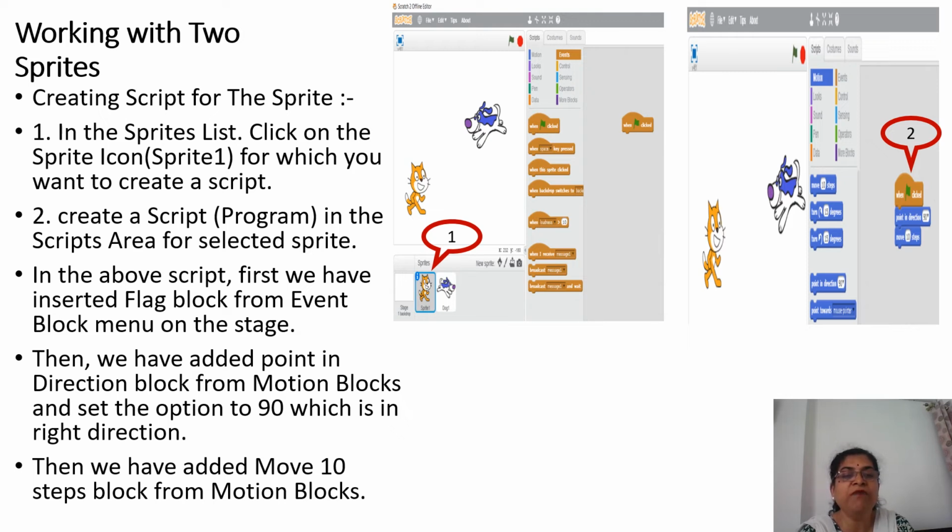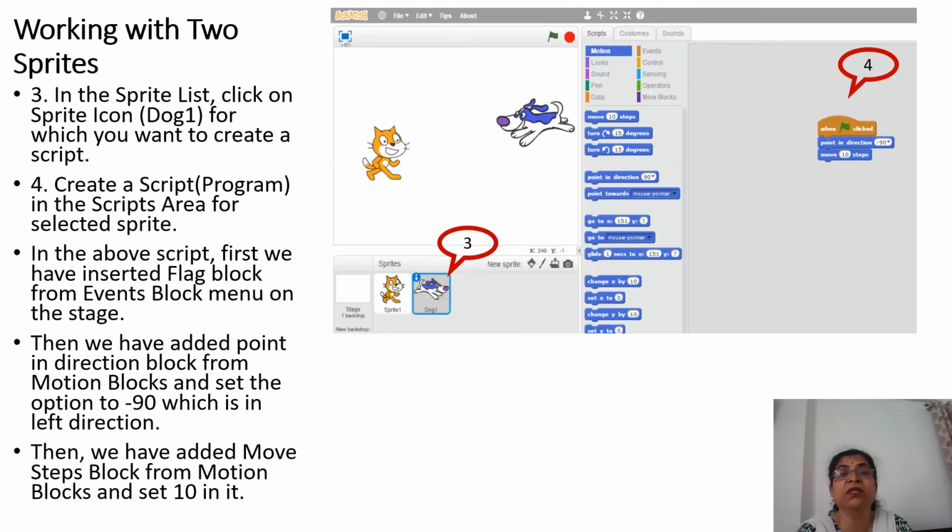Now for the dog, if we want to insert the script. In the sprites list, click on the sprite icon, that is Dog 1, for which you want to create a script. Create the script in the script area for the selected sprite. In the script, first we have to insert the flag block from the events block menu. See here, from the events block we have taken the flag. When flag clicked, then paint,